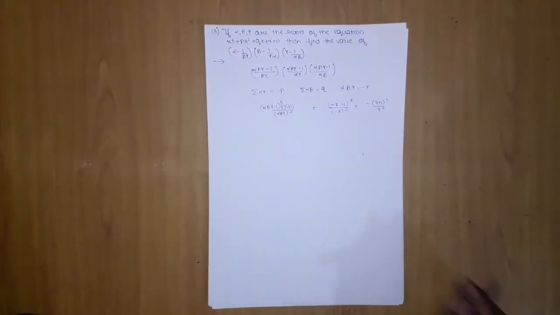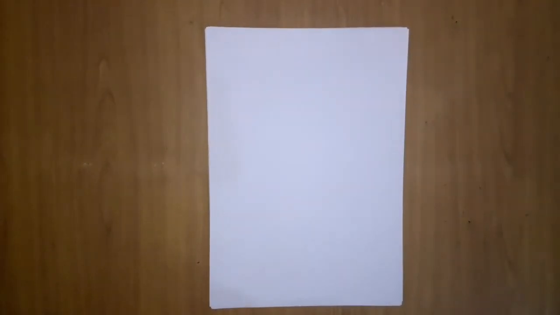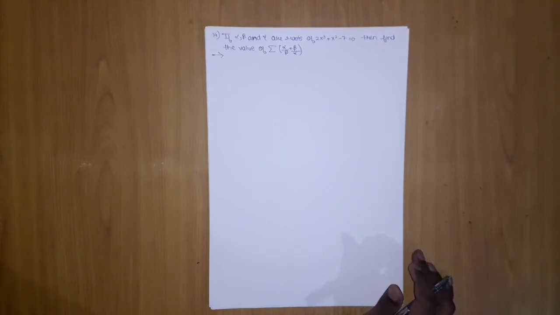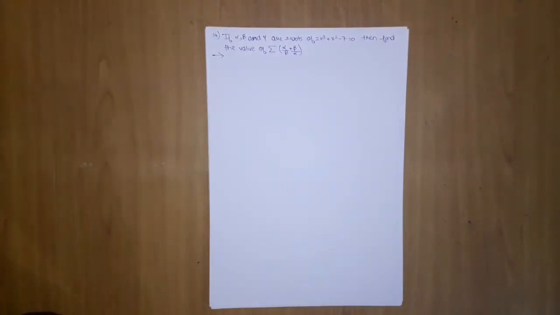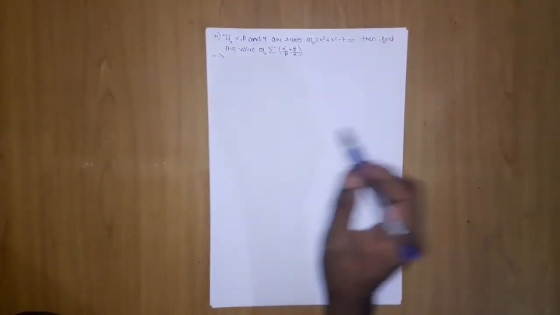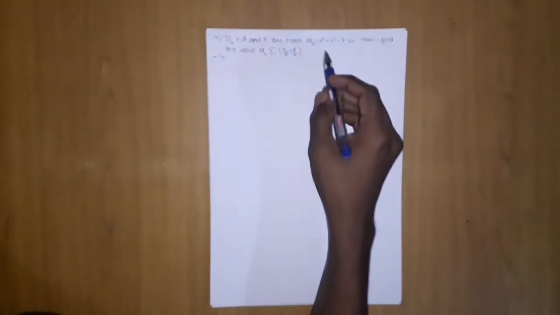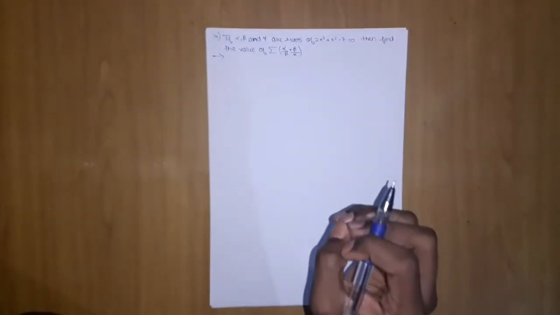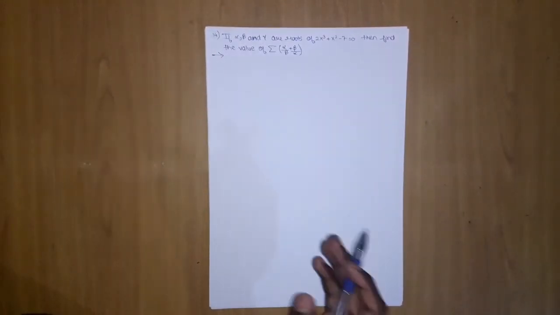So we will move on to question number 14. The question is as follows: if alpha, beta and gamma are the roots of 2x cube plus x square minus 7 equal to 0, then find the value of summation alpha by beta plus beta by alpha. Now when you see any equation, whether it is cubic or fourth power, if it has any missing degree, like here x square is missing, you can use that point at some stage, so you must become more alert.